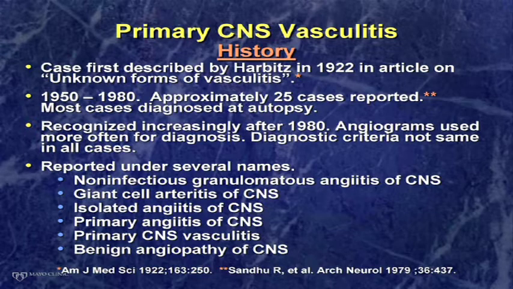And in retrospect, one of those fit with the diagnosis of primary CNS vasculitis. These were unknown forms of vasculitis, or previously poorly defined or undescribed, and he was just sort of putting them out there for people to recognize. And indeed they did. In the next years after 1922, there really weren't any reports out, but between 1950 and